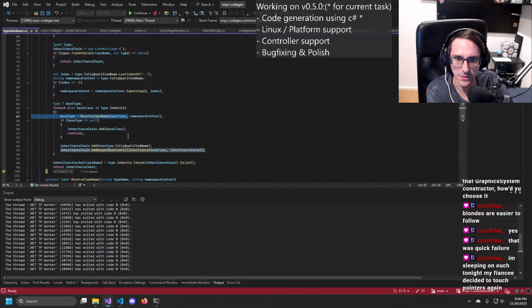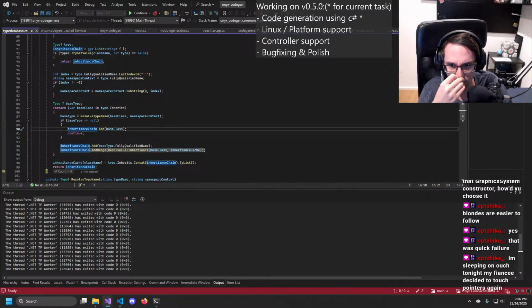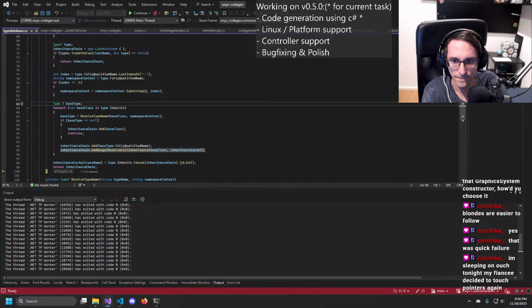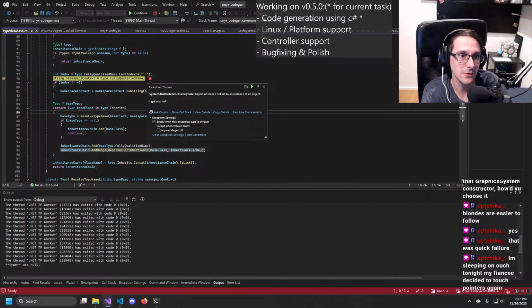We don't... If the base type is null. What? Wait. Can I not go back? Okay. Oh my god, really?